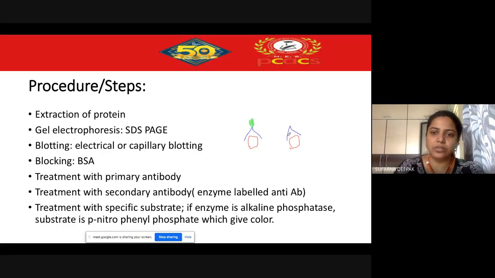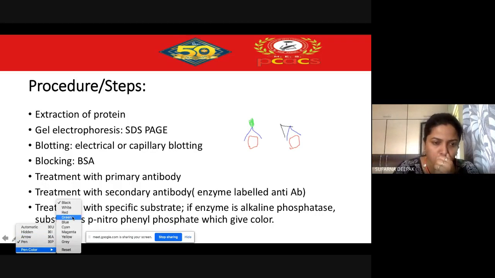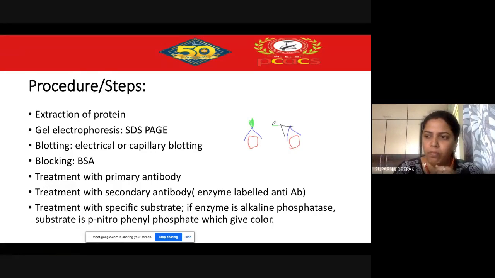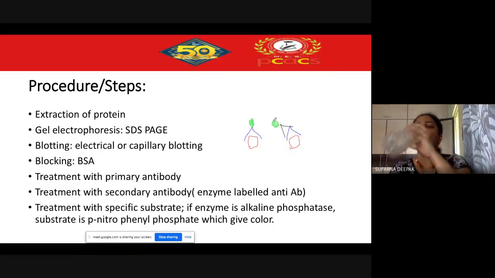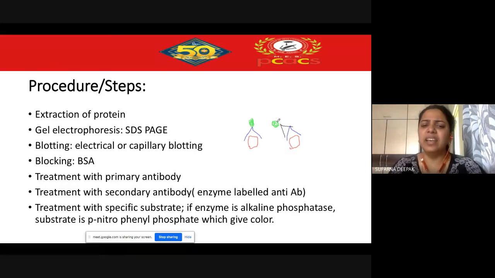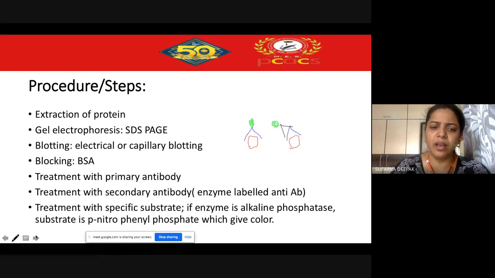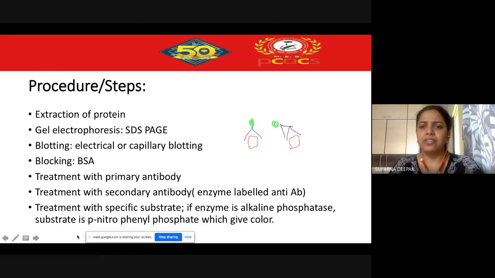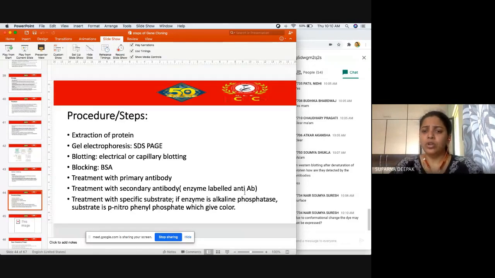To this, you have your secondary antibodies added. And the secondary antibody is having the label. Am I right? Everyone clear? So my question is,